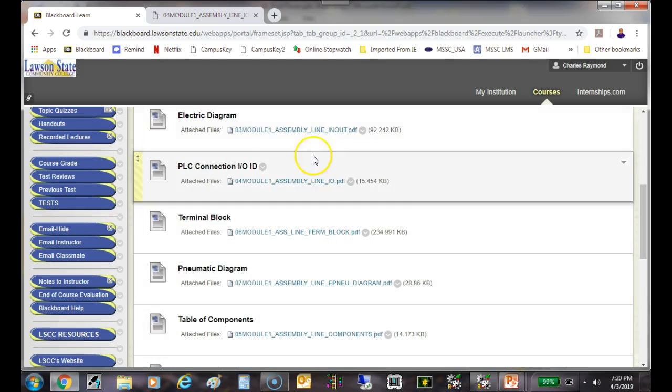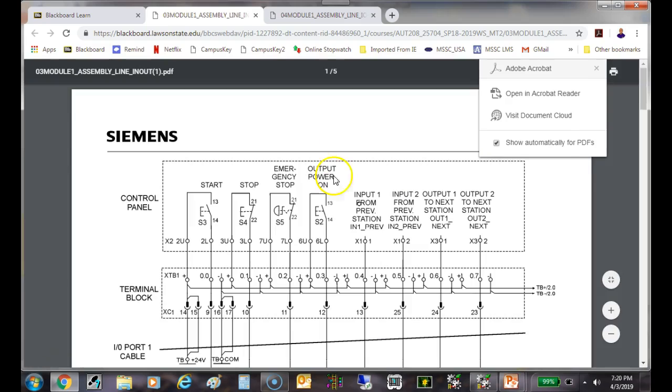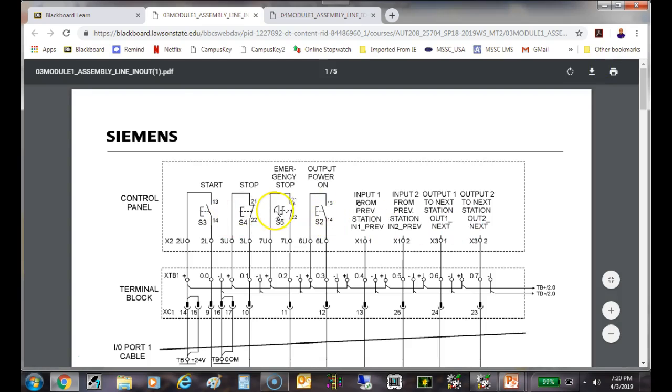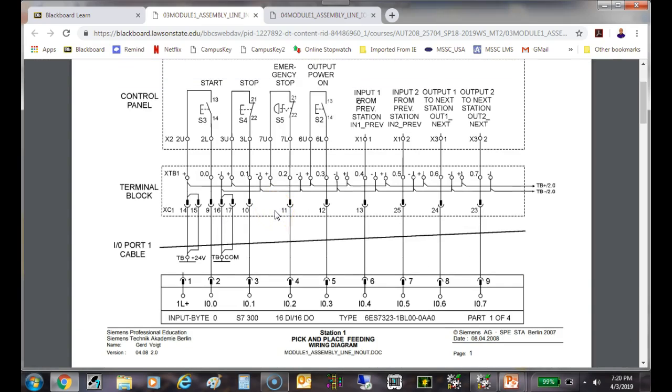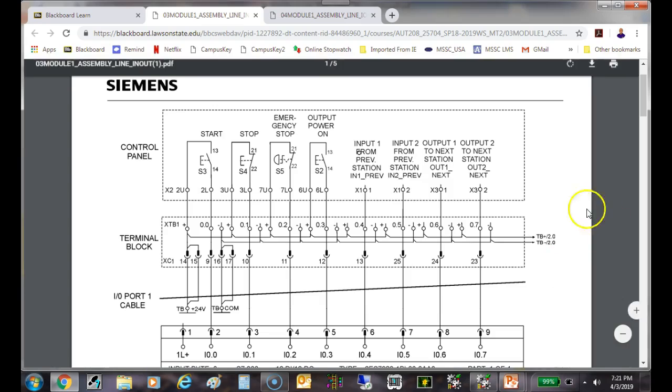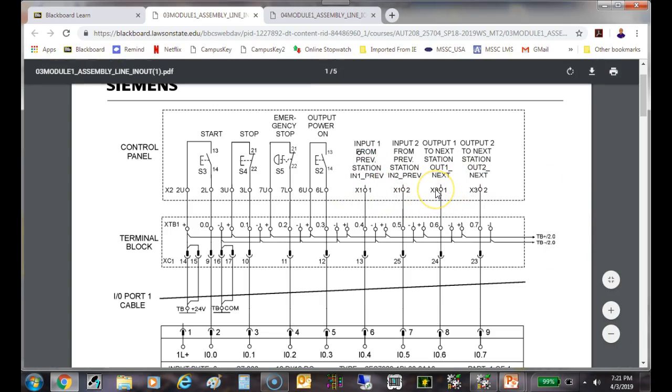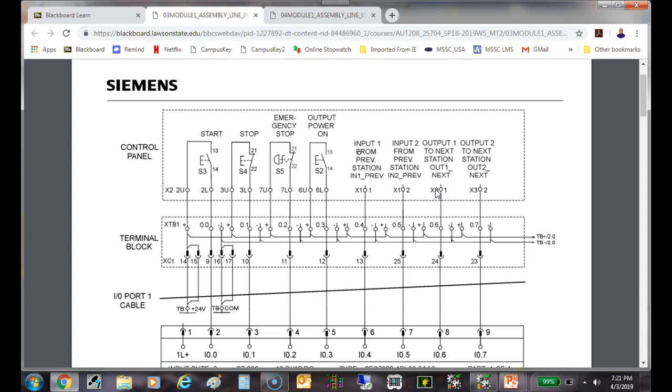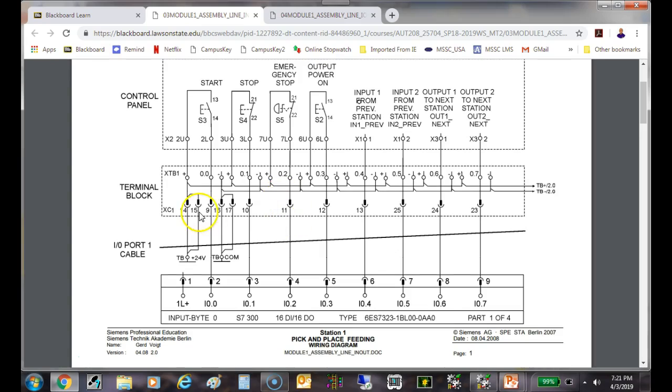Guys, oh, here we go, electrical diagram. I was looking for PLC. So this is where all our symbols come into play, right? We explained this to you. Okay. So this is that gray terminal board right there, right? The cable plugs into the top. This is the little 9 pin right here. This is where the stations communicate with each other, right? That's the little 9 pin DB9 connectors that they have on the top. And then this, now notice this means,